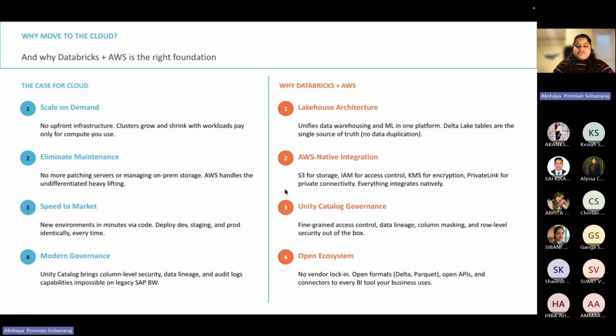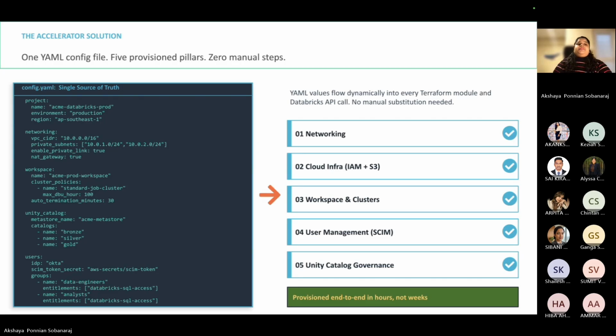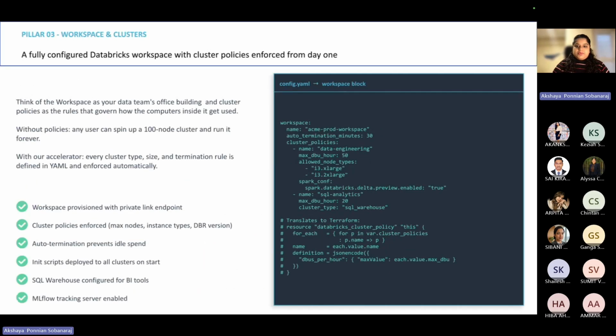So these are the reasons why we are going first with this. The major reason, as I told, is that it's high on demand, and this is what is trending now. So we are also building the accelerator for that specific reason. So how is this accelerator built? Before this, probably I'll skip a few and quickly show you